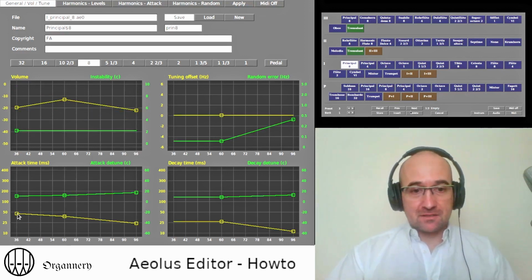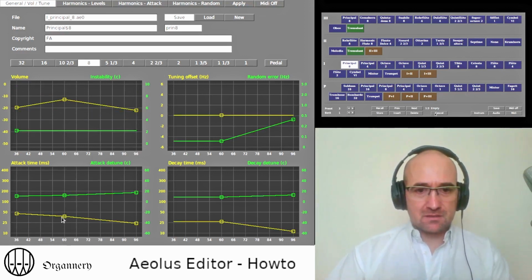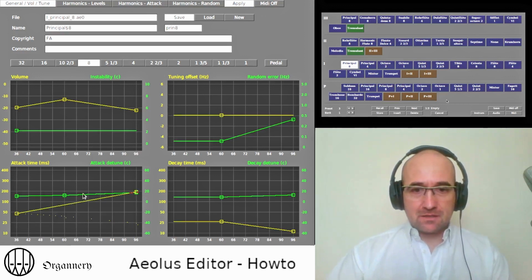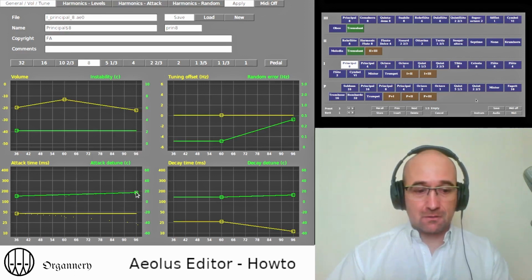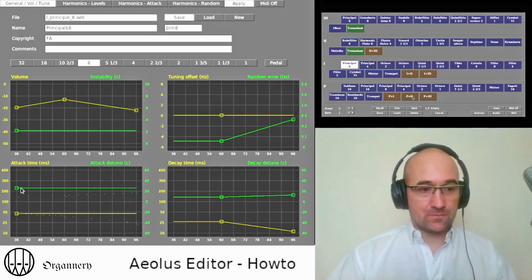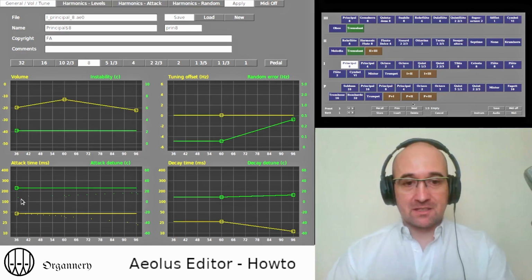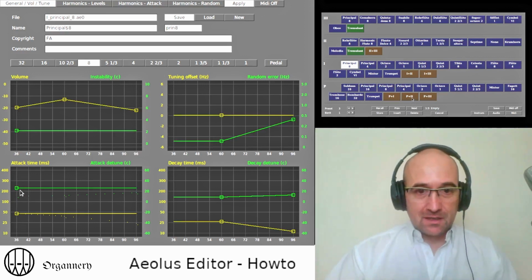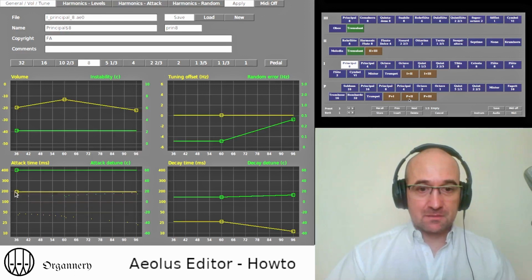Attack time, attack detune. So let's go with attack detune. Here you see I'm simplifying everything by having only one square, so it's easy to move the curve, which is now just a straight line. Attack detune, let's have it very high with an attack time very important.